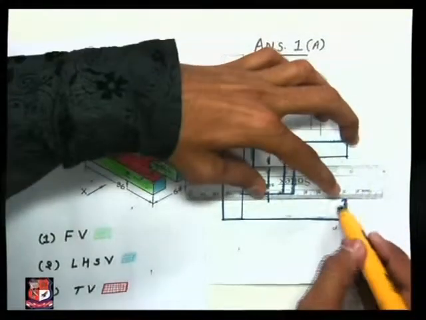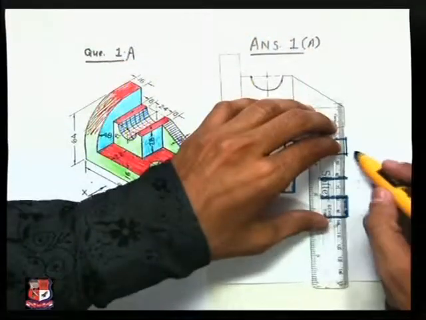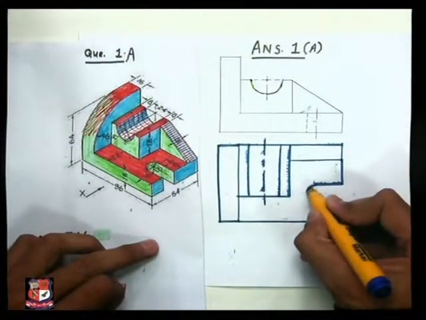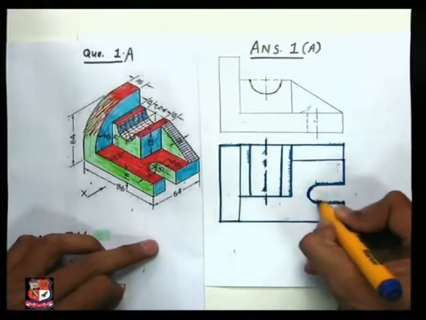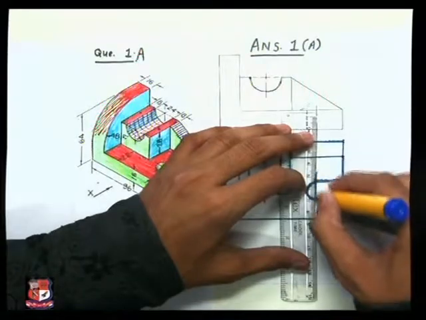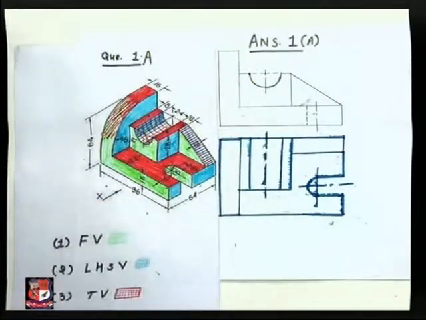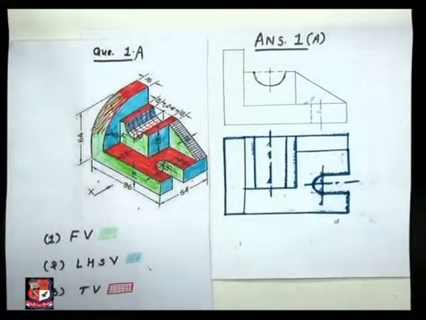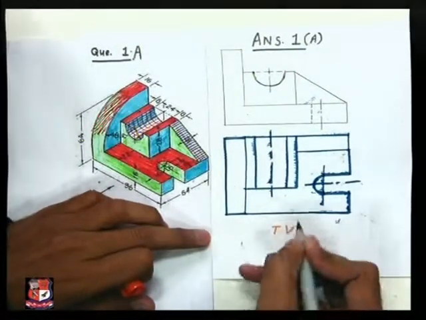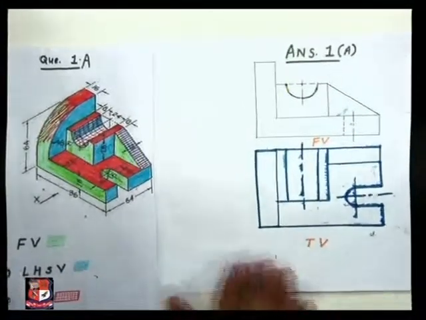So from here at a distance of 20 millimeter, draw an arc. From here also draw an arc, a straight line, and there we have to draw an arc having diameter 16 millimeter or radius 8 millimeter like this. This is an arc, and of course if an arc is drawn, we have to draw the center line here like this. This shows the center line of the arc. This is the top view of the object. We can write the names of the views. This is top view, this is front view. Insert the dimensions necessary to redraw this object.